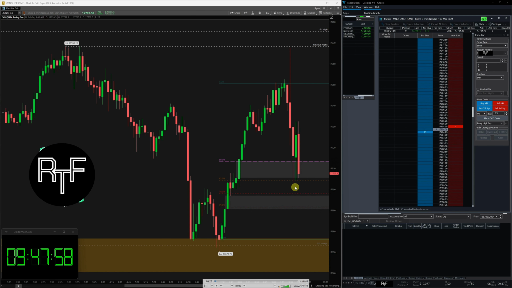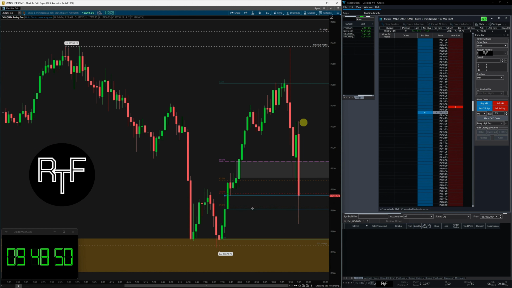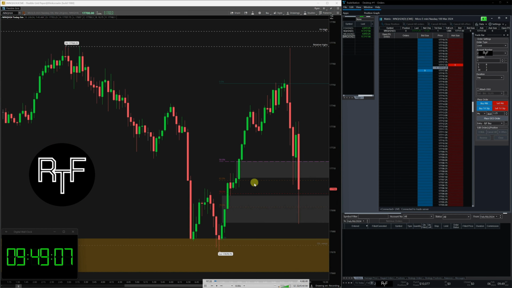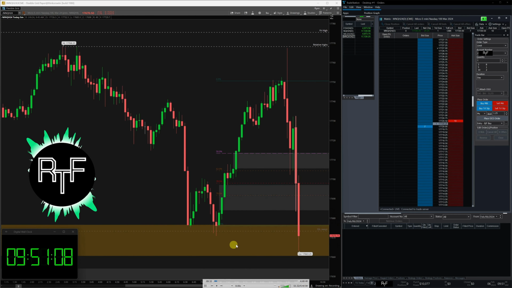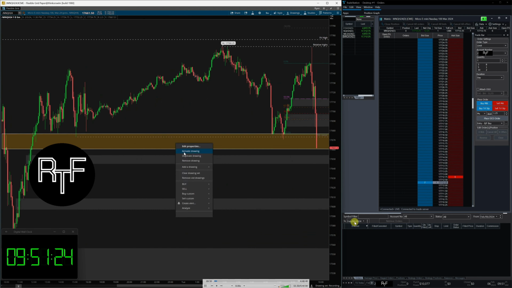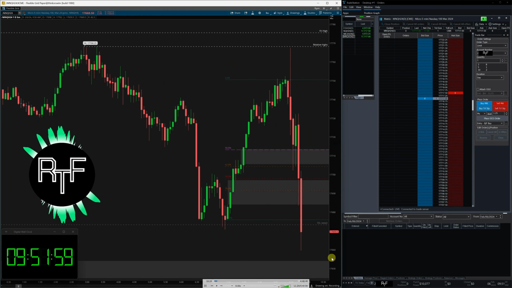I'm looking for price to perhaps take the low here and go into this fair value gap, and I want to see the highs taken out here. On the higher time frame, we can note a larger fair value gap here. I'm actually combining both of these fair value gaps together. And it's looking like it's going to sweep the lows. Now on the higher time frame, you can see I'm marking out other fair value gaps below the price right